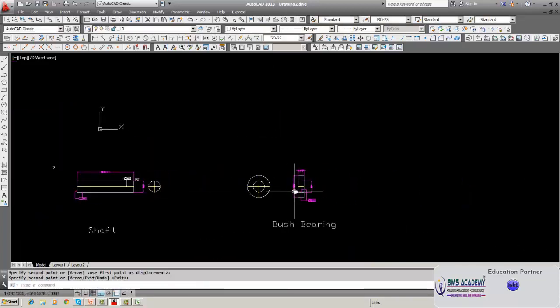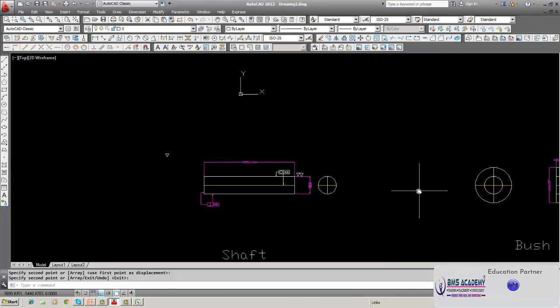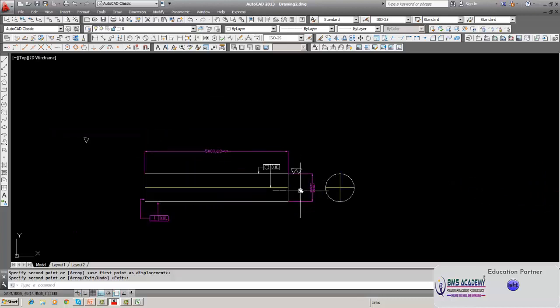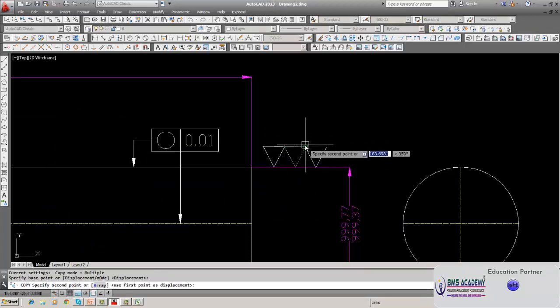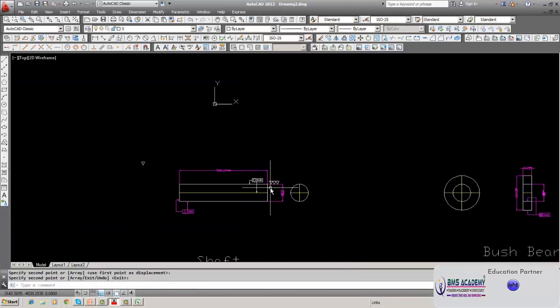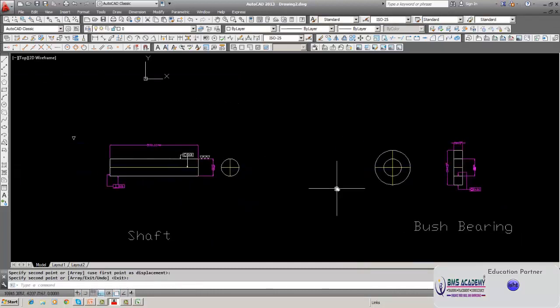Okay. And if you want grinding, you can put 3. So we'll do outside, you will have finish. We will have 3 because the shaft should be ground. In this. And then for the bore, you can have